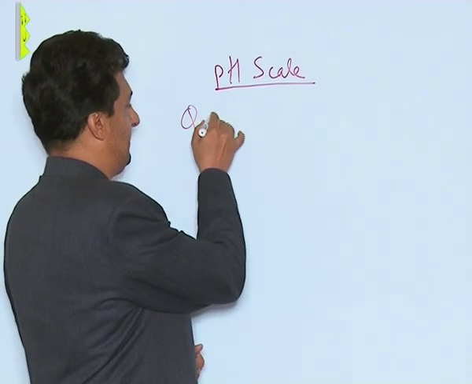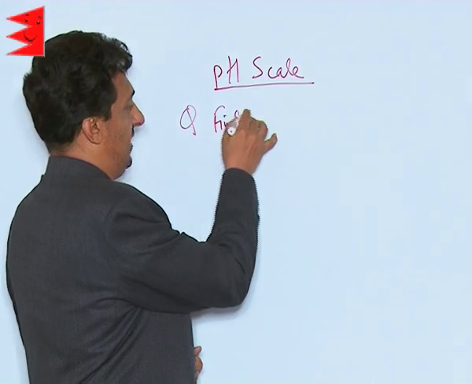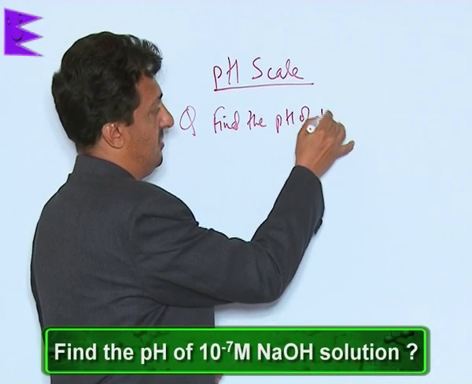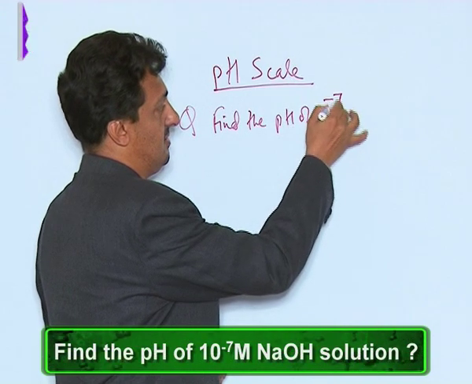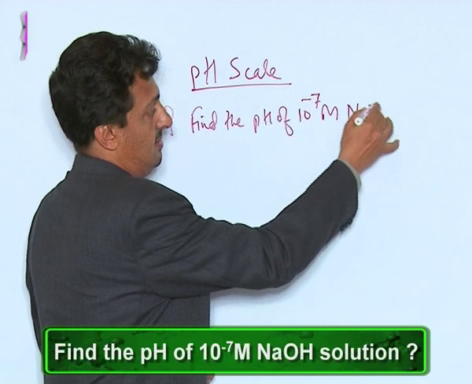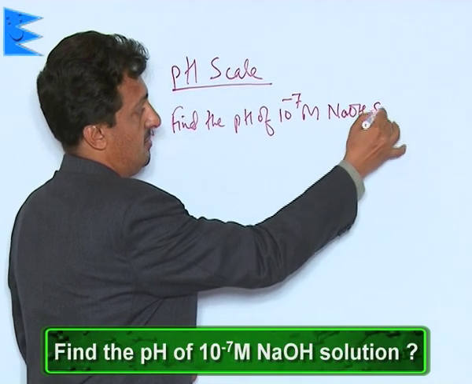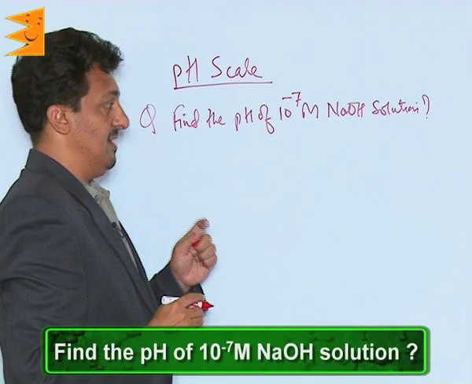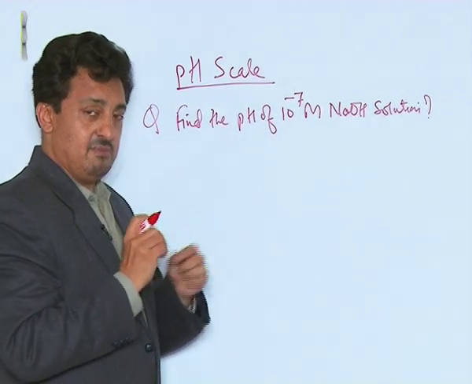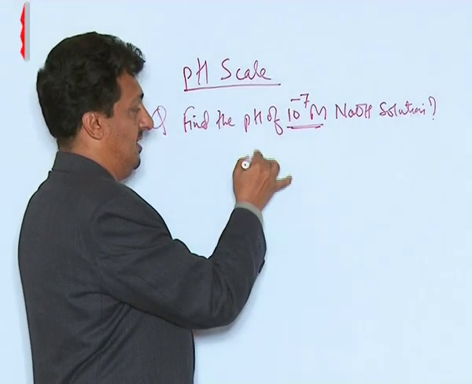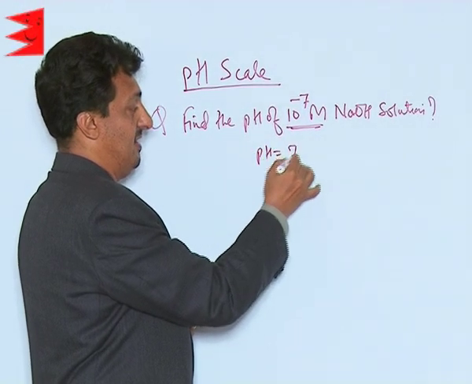Now the question is, find the pH of 10 to the power minus 7 molar NaOH solution. See, we usually, in a hurry, always know this. Fine, if this is 10 to the power minus 7, definitely pH will be 7. It's not like this,